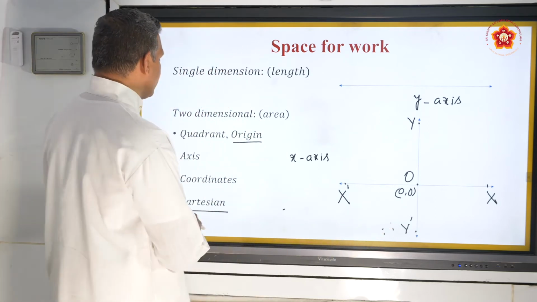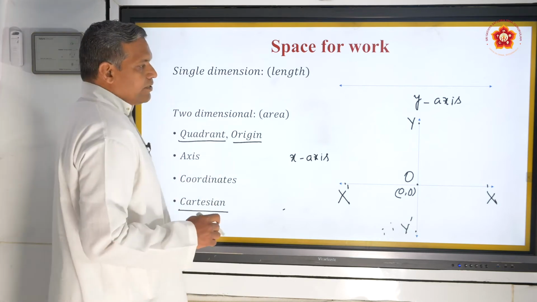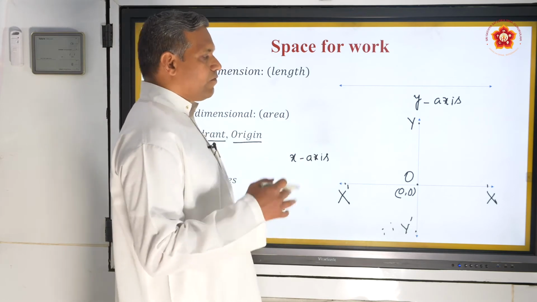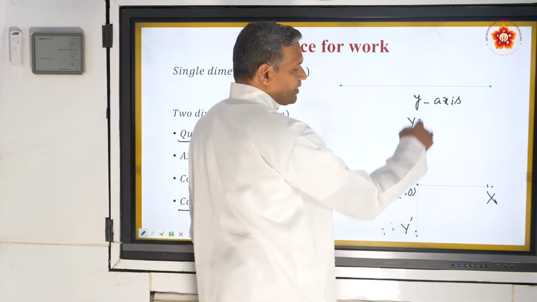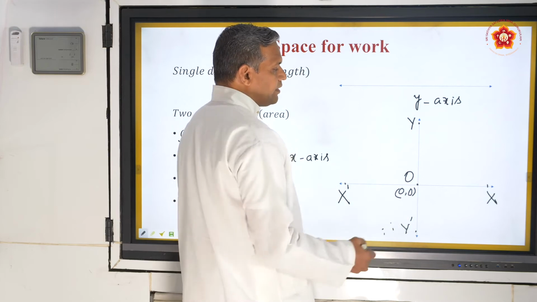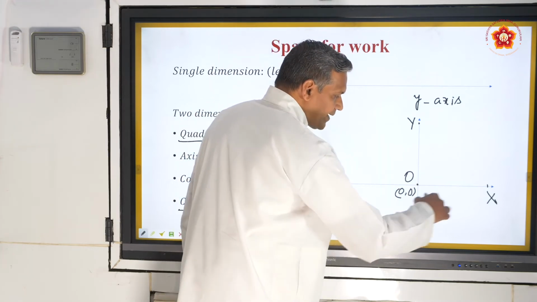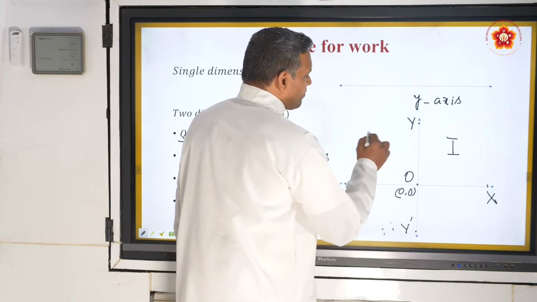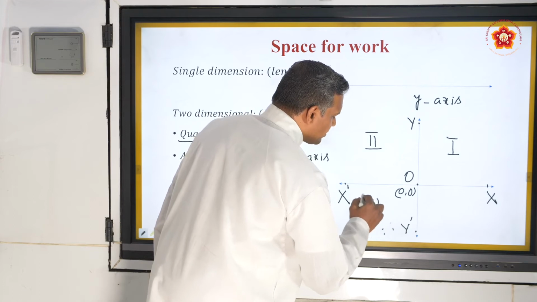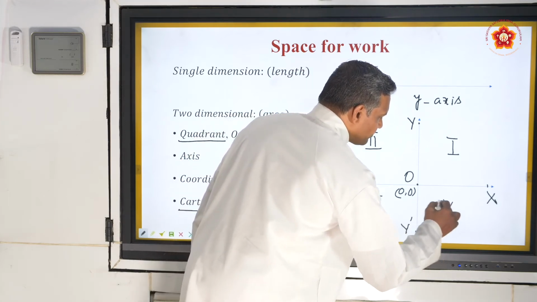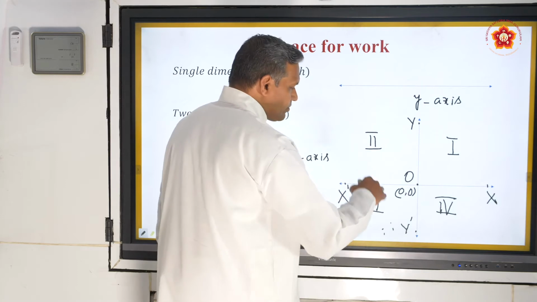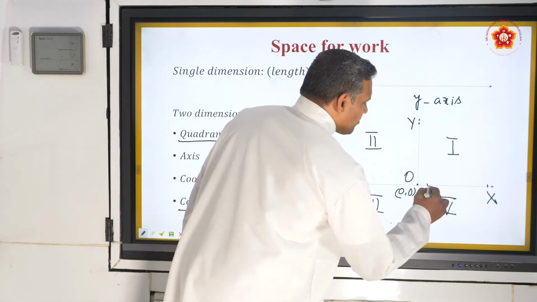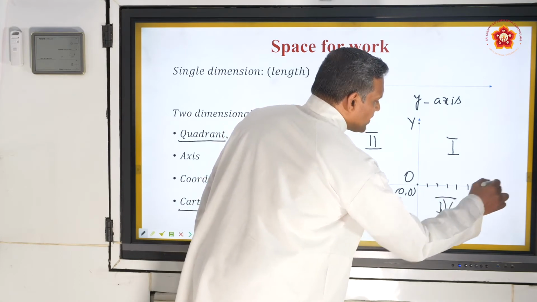So after understanding this, you have quadrants. As we discussed, we can have this entire plane divided into 4 quarters. So this is the whole thing dividing equally into 4 quarters from the point. Then I go with anti-clockwise numbering. This is called the first quadrant, this is the second quadrant, this is the third quadrant, this last one is the fourth quadrant. I repeat, 1, 2, 3, 4. This is how the quadrants are named. And always positive numbers will come: positive 1, 2, 3, 4, 5, 6, 7, and so on.